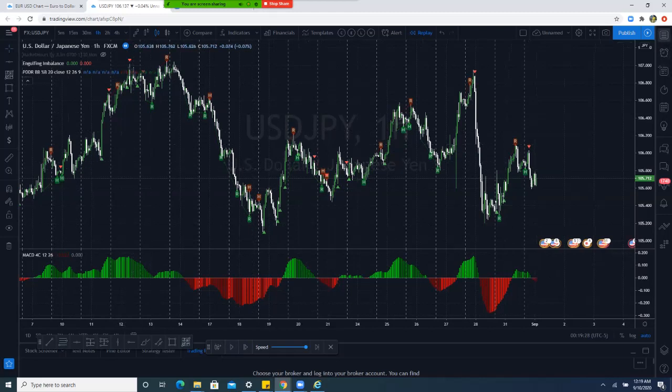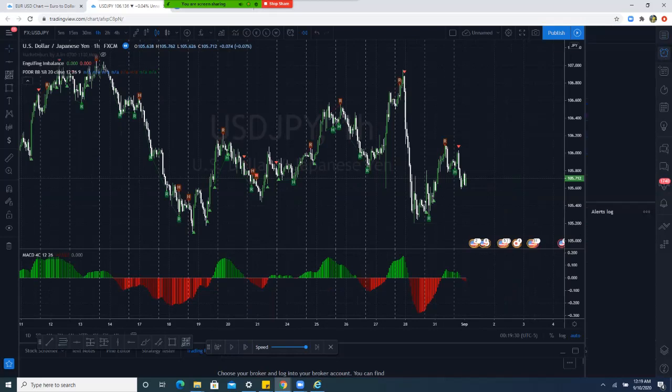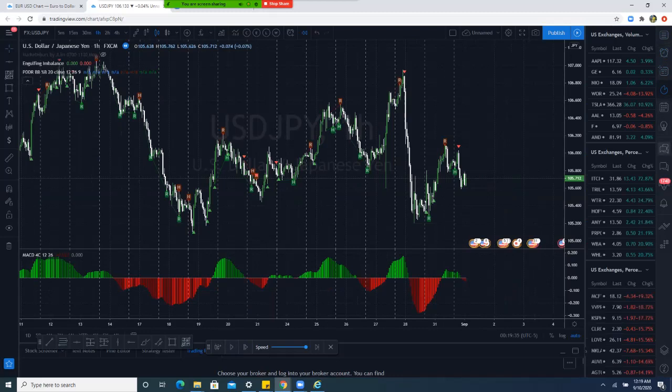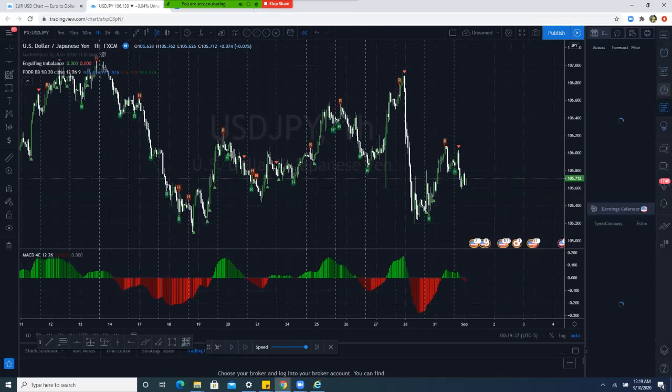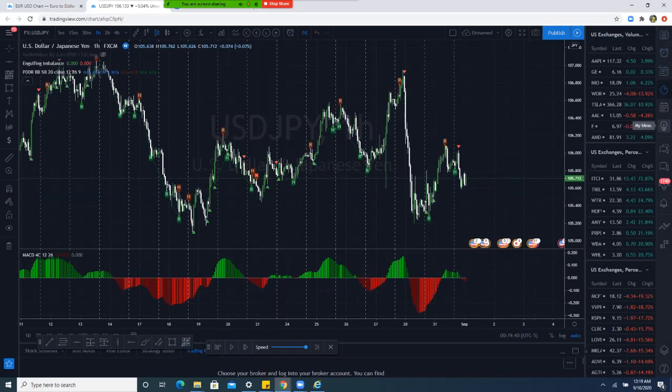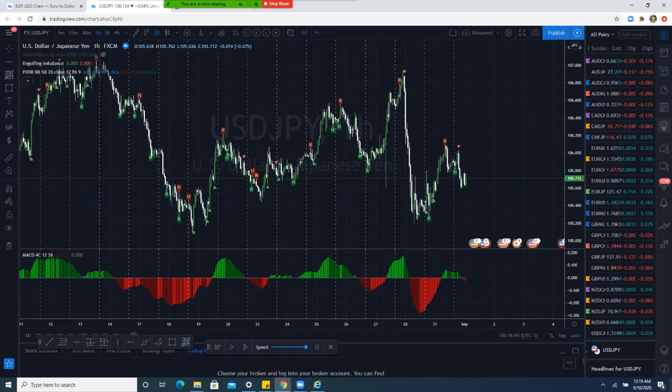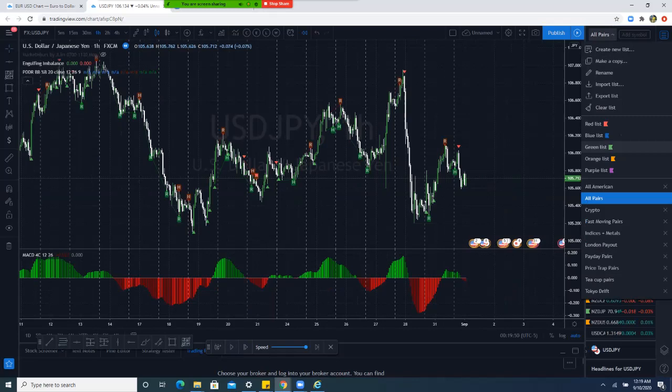Second part is you're going to see where you can have your watch list, your alerts if you set alerts, your data windows. And I don't use all of it. I don't really use all of these. I just mainly stick with alerts and charts. And then from here, if I go to all pairs, I can see my watch list. So I can have different things that I trade or different sets of currencies or stocks that I'm looking at or cryptocurrencies, and have a list right here that I can make as many lists as I need